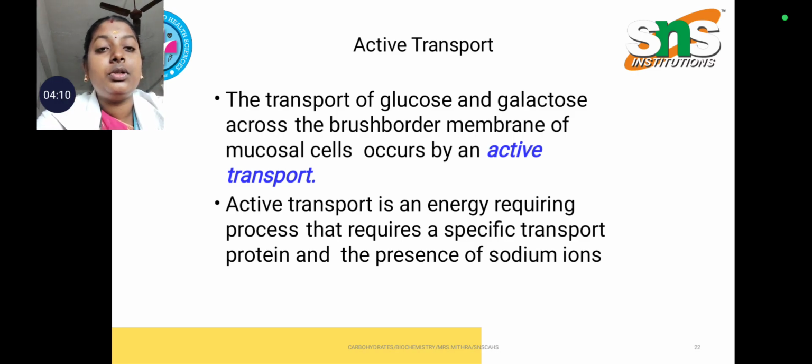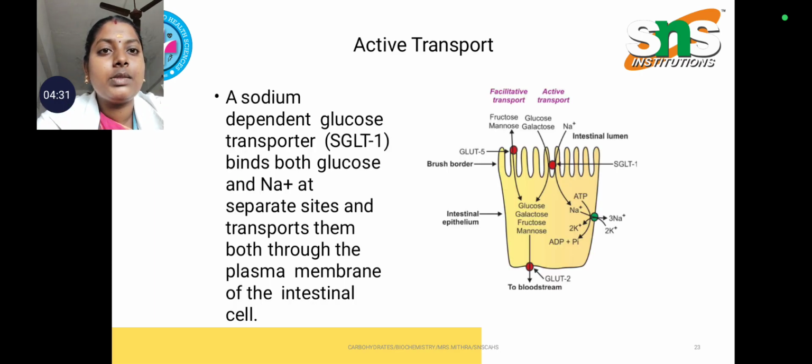In active transport, there is one glucose galactose transporter across the brush border membrane, and this is an energy requiring process because it requires a specific transport protein, and in the presence of Na plus ions, sodium ions, it is required. This is the active transport. The glucose transporter responsible for this is SGLT, that is sodium glucose transporter, and it transports with the Na plus ions through the plasma membrane of the